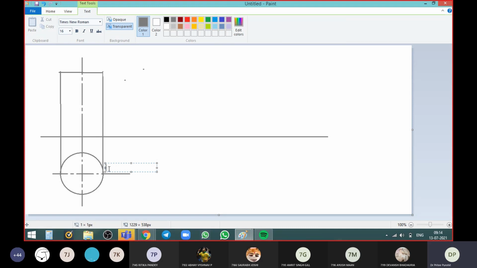So we will mention the names here. 1. What you can do is you can also divide the circle in 8 parts, taking a 45-degree angle. Not an issue. I have divided it in 4 parts.